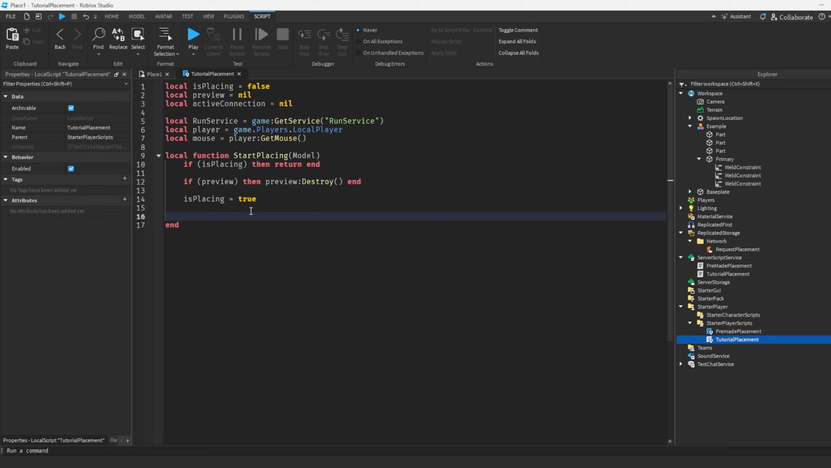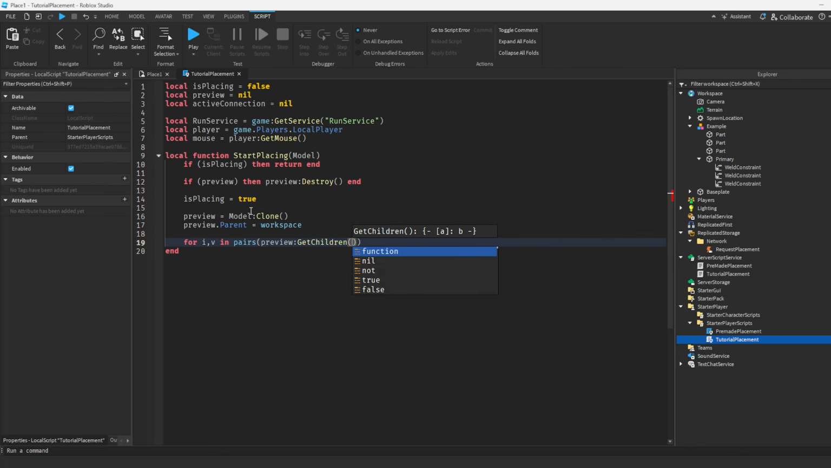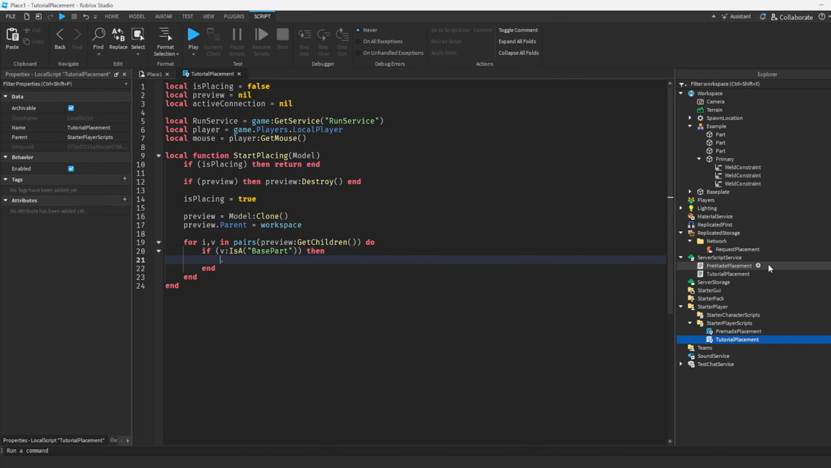Now we're going to actually put the model in the world. So we start by defining preview, and we do model clone. This creates a new instance of the model. Next, we want to set its parent to workspace. Next, we want to do a loop to set some certain values, and I'll show you what happens without this loop as well. But it essentially just makes the placement a lot smoother and fixes a lot of common bugs with placement systems. So we want to get all the parts underneath this preview model, and if it's a base part,